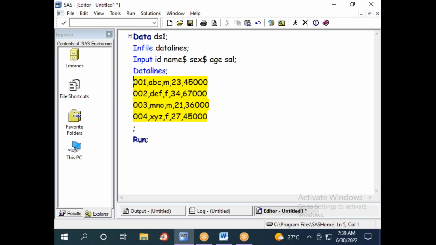You have comma separator, right? You have all your data separated with comma, right? Now if you run the program, it will read properly, yes or no? No. Will it read properly? No, right? So it will not read your data properly because SAS by default will read 8 characters or space